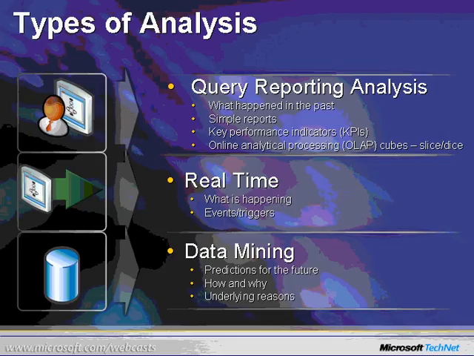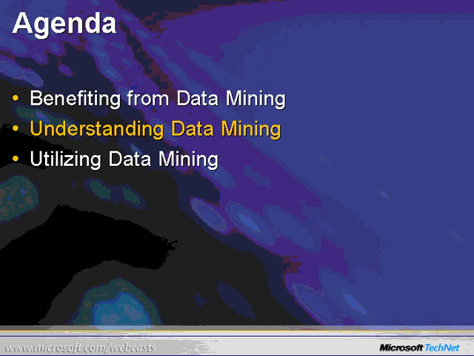Both of these previous forms of data analysis, however, are limited in function. They only offer results from the past or the present. With data mining, however, you can ask what will happen in the future. Also, this type of analysis can show how and why something is happening based on certain behaviors. Data mining can offer the underlying reasons for instances and generate a better understanding of the future. In the next agenda item, you'll learn about what data mining does and the data mining process.